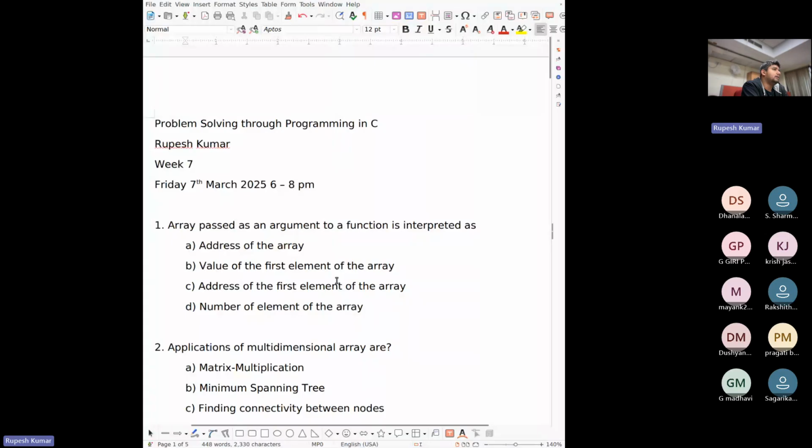Array passed as an argument to a function is interpreted as. This is question number one. Everyone, are you familiar with functions in C?